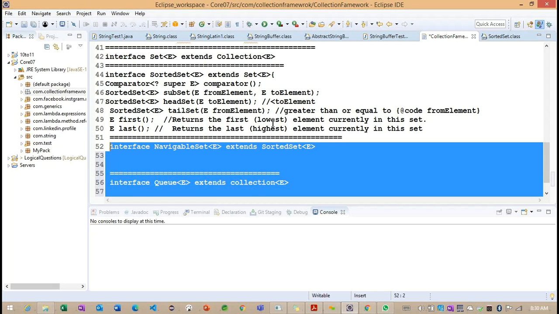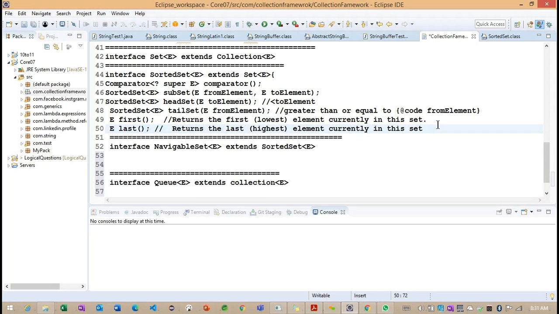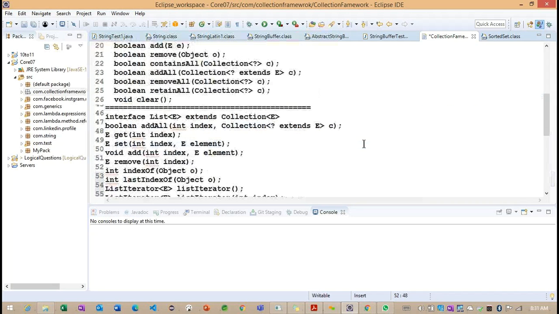As of now we discussed multiple interfaces, so each interface is going to have a different implementation. We'll see one by one how each implementation class is implemented.